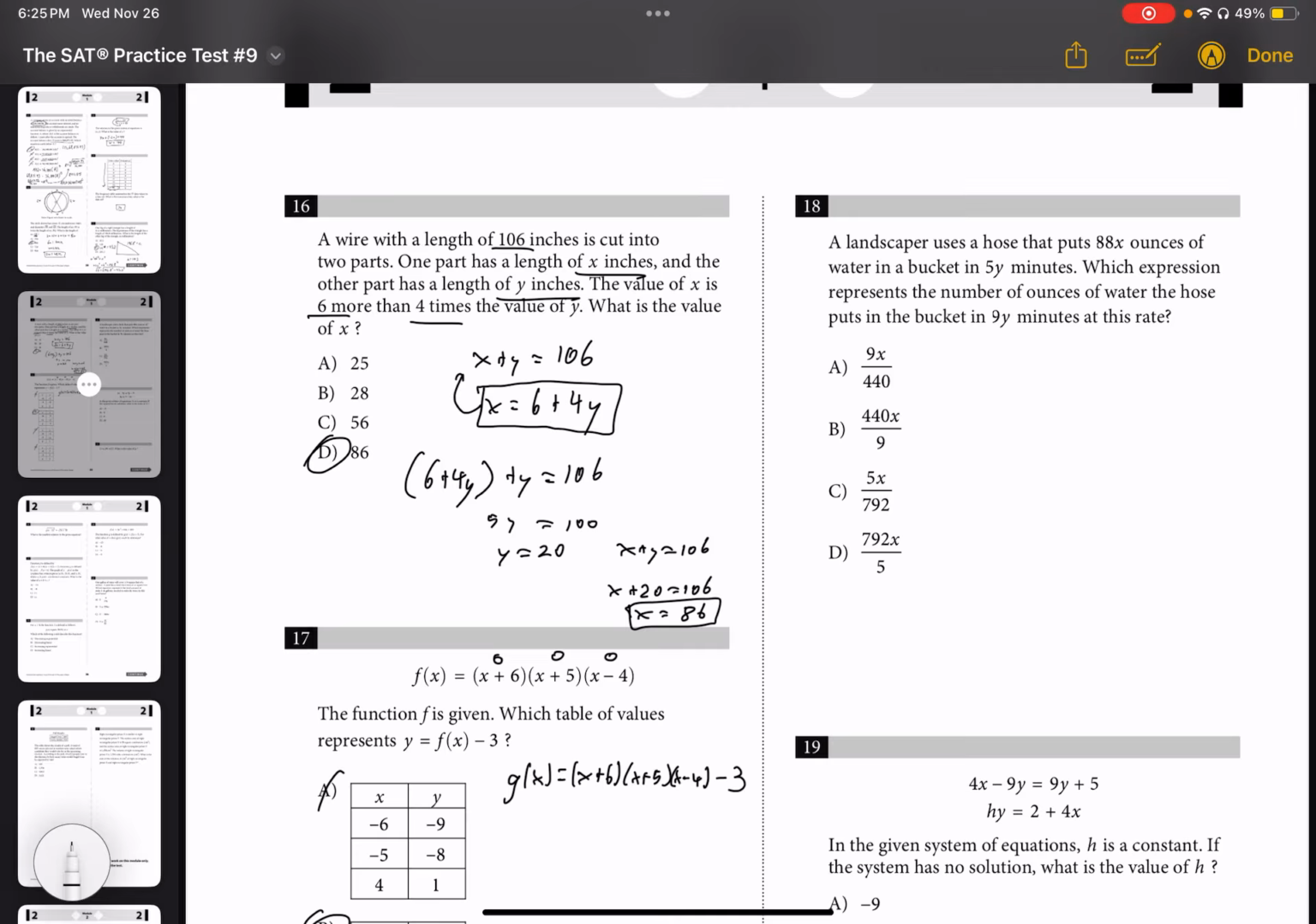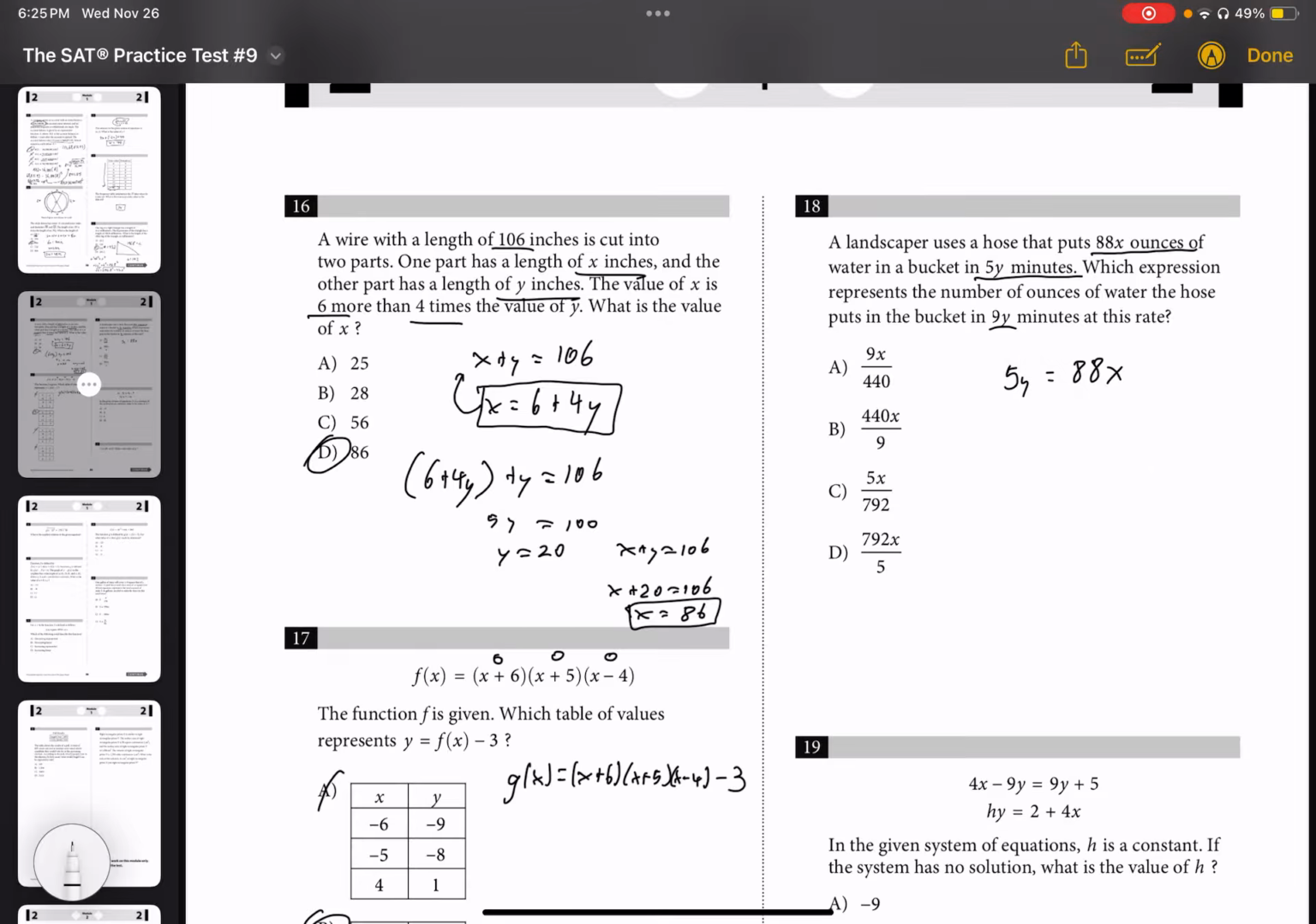We have a landscaper who uses a hose that puts 88x ounces of water in a bucket in 5y minutes. Which expression represents the number of ounces of water the hose puts in the bucket in 9y minutes at this rate? Okay, so if we have 5y is equal to 88x, as given by the word problem, we can now